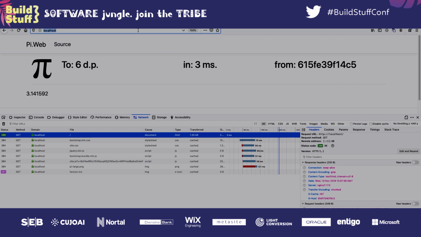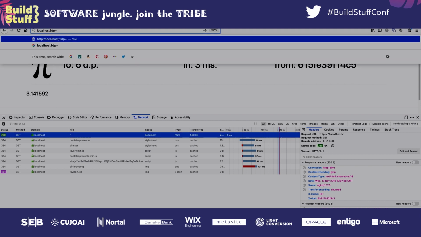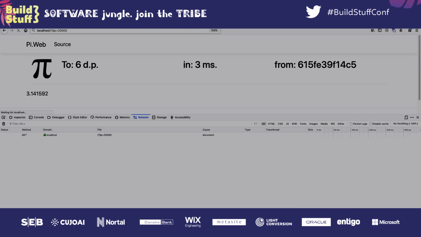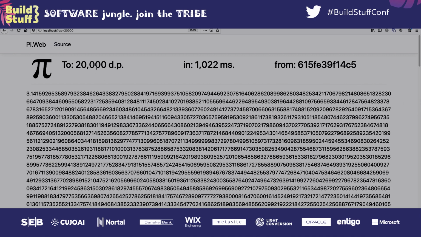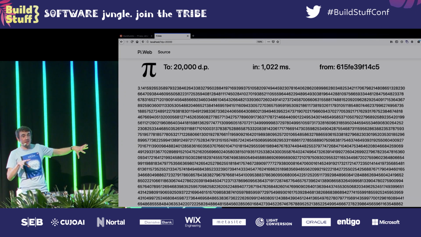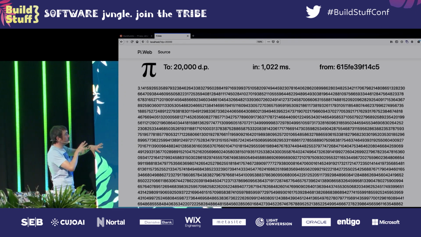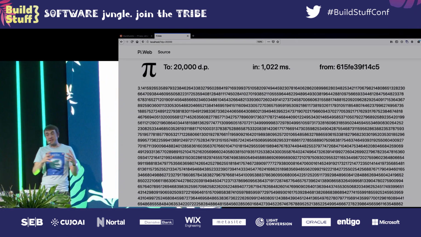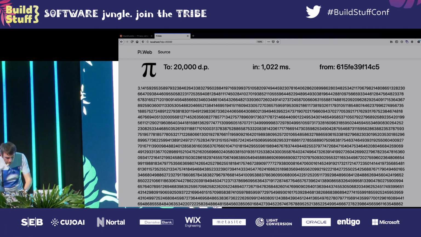The important thing is if I go and look at a particularly long one, like 20,000 again, first of all, it takes a second to calculate. That "from" is the name of the container. That's the host name that it's been served from. If I repeat that, it comes back instantly. So that's come from the cache. Nginx has cached that. My application didn't see that request at all. It got handled by the reverse proxy in its entirety because everything it needed was in its own local cache,